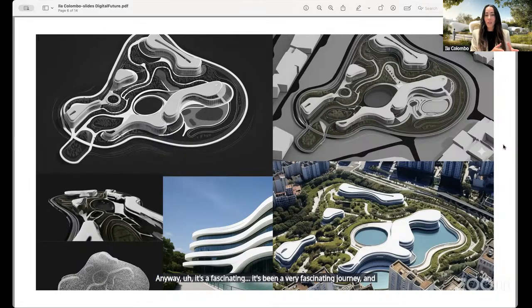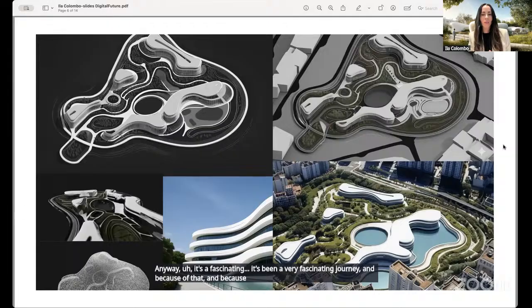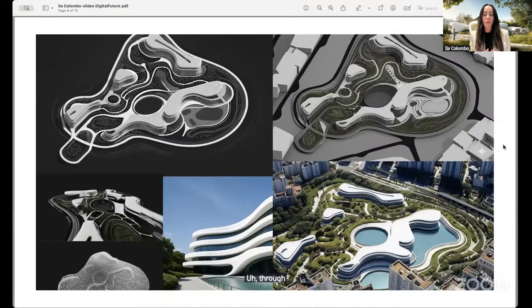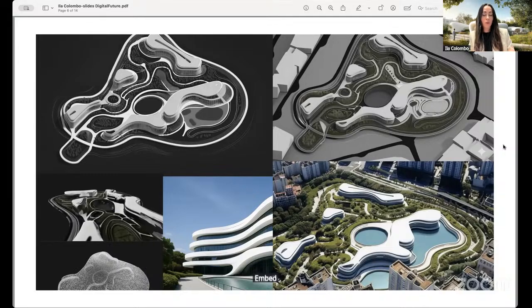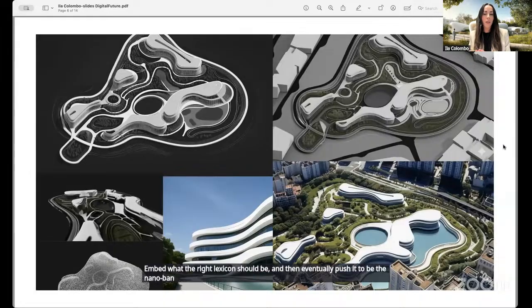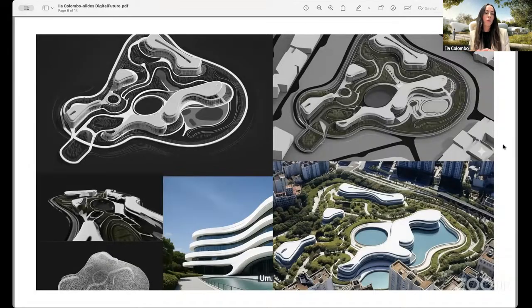Because of that, and because of this particular project and pushing the visualization through different view angles, through different instrumental visualization styles for design and architecture, Google was then able to take the vocabulary, reframe the vocabulary, embed what the right lexicon should be, and then eventually push it to be the Nano Banana that you have available now, which is Google 2.5 Flash, basically, which is an enormous step up.